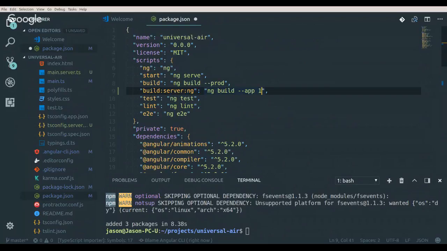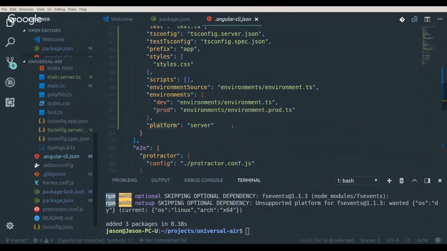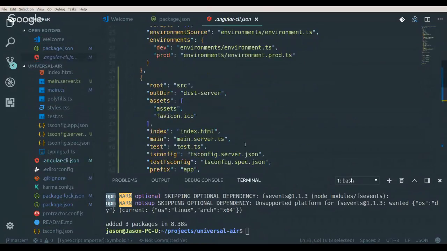So this tells Angular CLI to build the index 1 of the CLI JSON, and that is the JSON that we just generated there. So if I do npm run build:server,